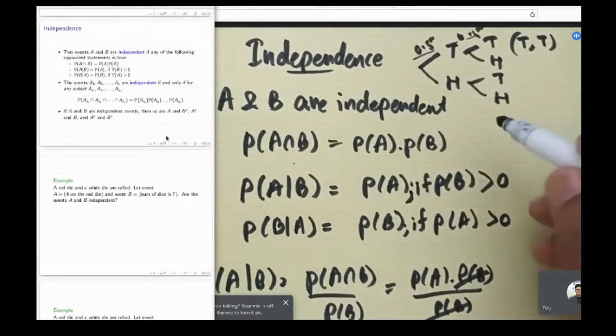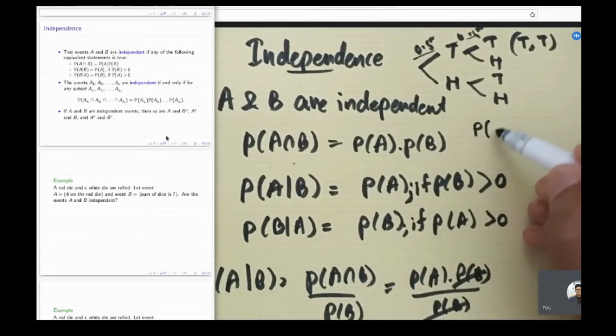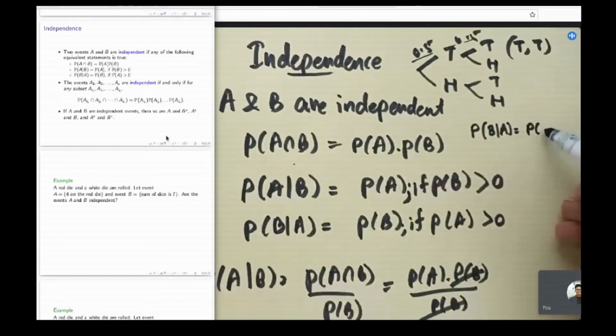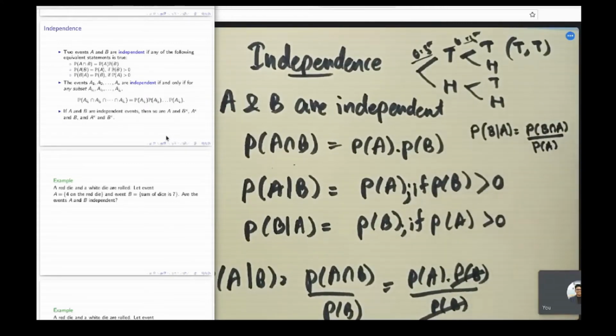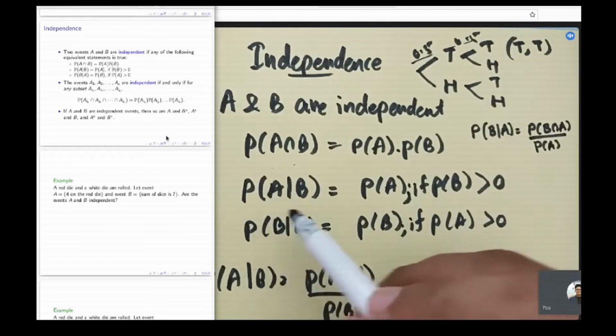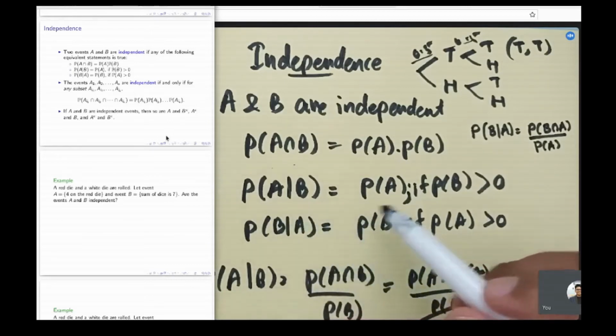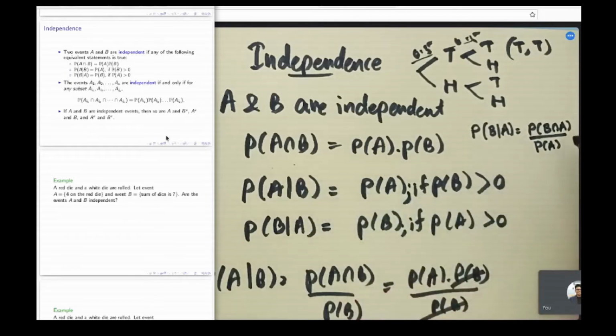conditional probability, which is if you take the probability of B given A, you know that that is equal to the probability of B intersection A divided by PA. So the independence itself says that the probability of A given B is equal to PA. So this is equal to PA, which means that